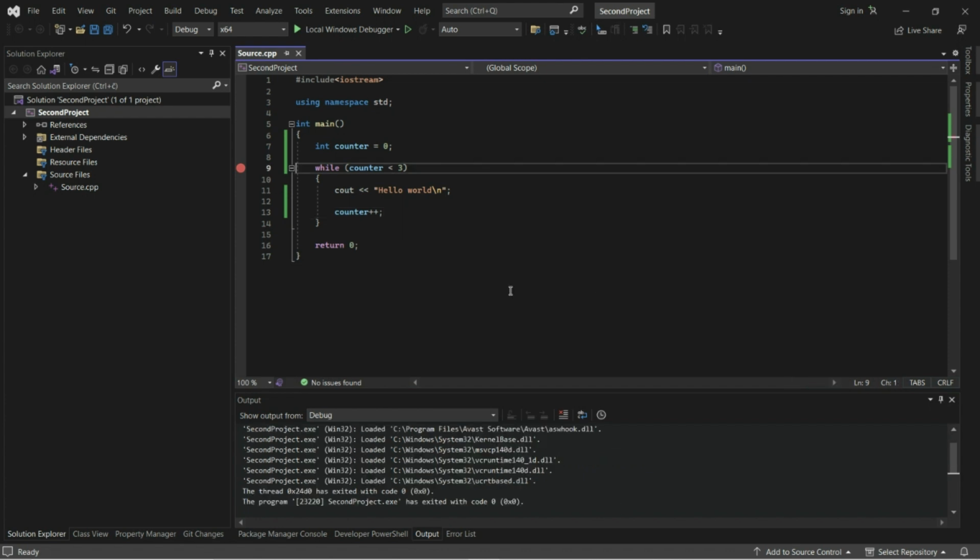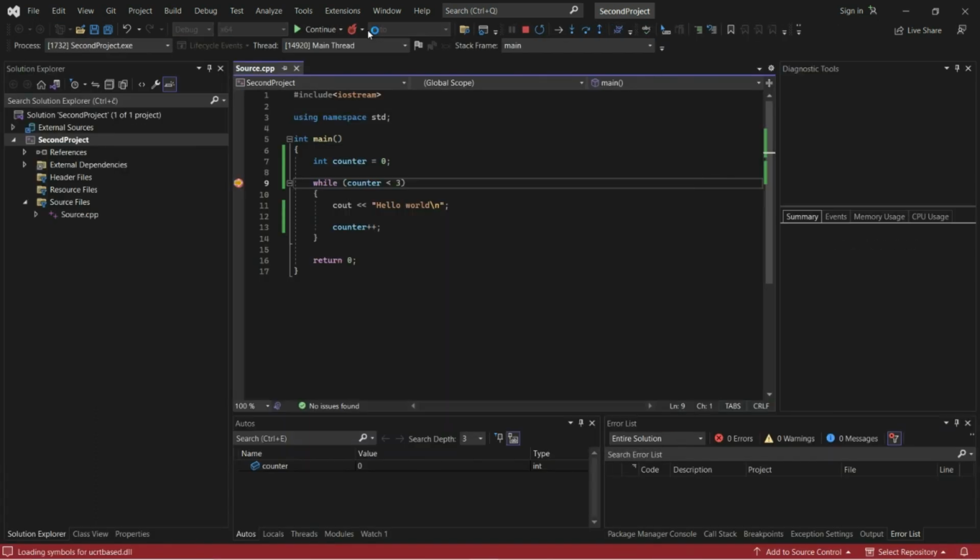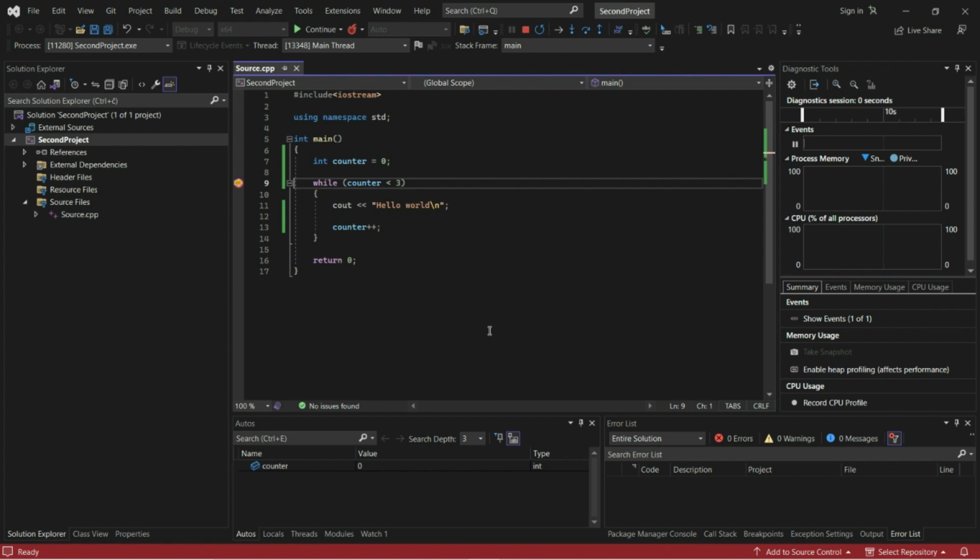And then, when you're running your program, you need to start it with debugging. Now you can see how the value of the variable counter is changing. Hover over the variable and I will pin it. I will use step into to go over the code.